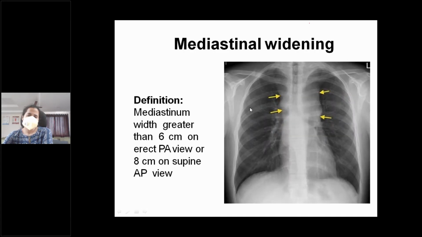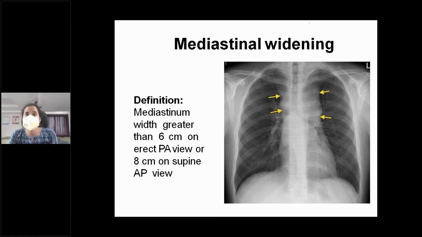The next thing is the mediastinum. What exactly is the mediastinum is that it is just the space that is present between the two lungs. Now this space contains multiple structures. What are the contents of the mediastinum? The heart, the trachea, the esophagus, and the thymus, along with a few lymph nodes and great vessels. All of these structures are present between the two lungs.